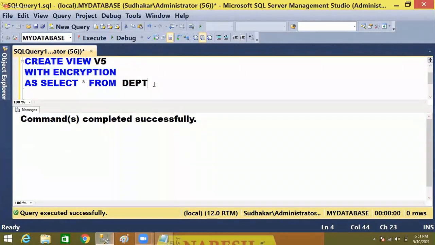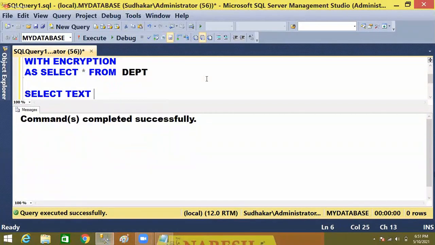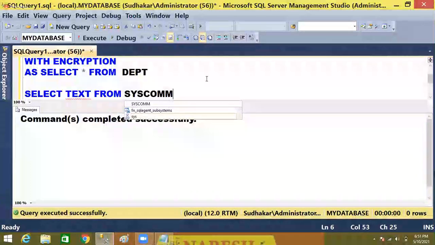So whenever we create a view with encryption, what is happening, you can see, now I'm calling select text from sys.comments where id is equal to, and when I'm executing,